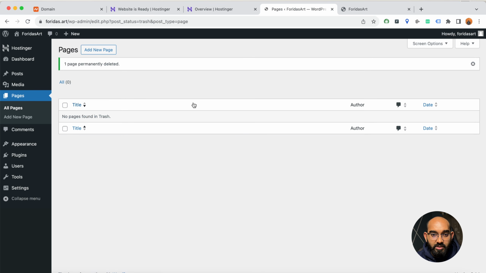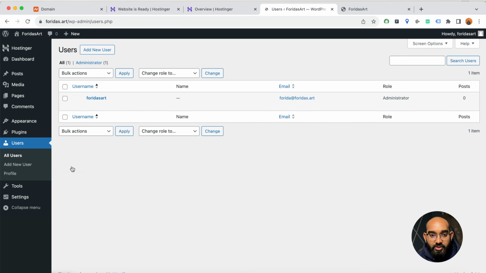Remove the trash as well, delete permanently. And after that, I'm actually going to talk about how it is going to look. So let me take you to all users, and from here I can click on edit,